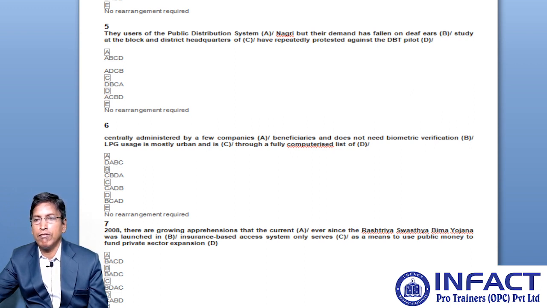From the given information, we can say that the first statement lies in part A itself, that is, they users of the public distribution system, and followed by statement part D, that is, have repeatedly protested against the DBT pilot,